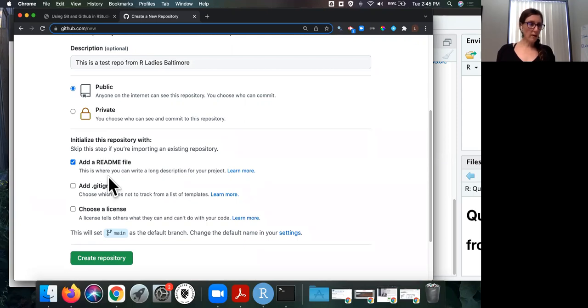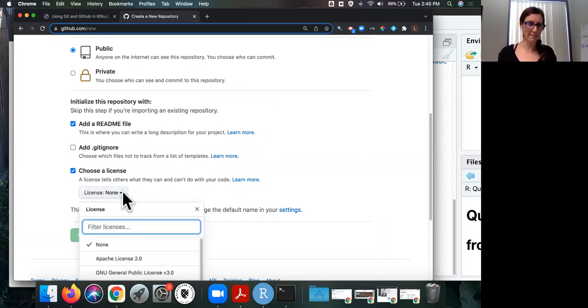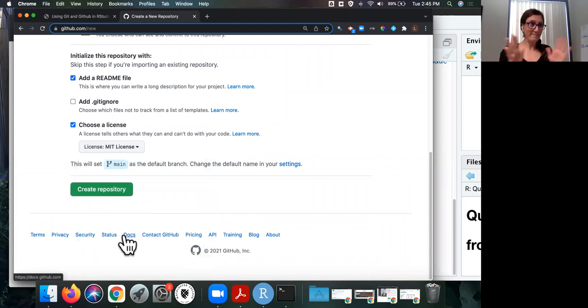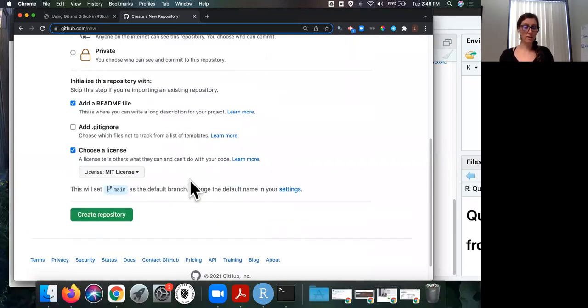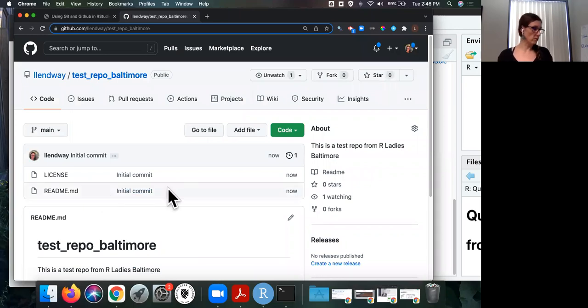I pretty much always add a README file. I'll show you when we're finished, but it's a little description of what's in our repository that shows up on the main page of your repository. So we'll add that README file. And then I've tried to get into the habit of choosing a license, which gives you some power over what's in there. I am not a lawyer either. I feel like I've told you a whole bunch of things I'm not an expert in. Lately, I've been choosing the MIT license, but I don't really know enough about licenses to advise you which one you should choose. Having one seems better than not having one. When you've done all of that, you should click Create repository, and then some magic will happen and it should bring you